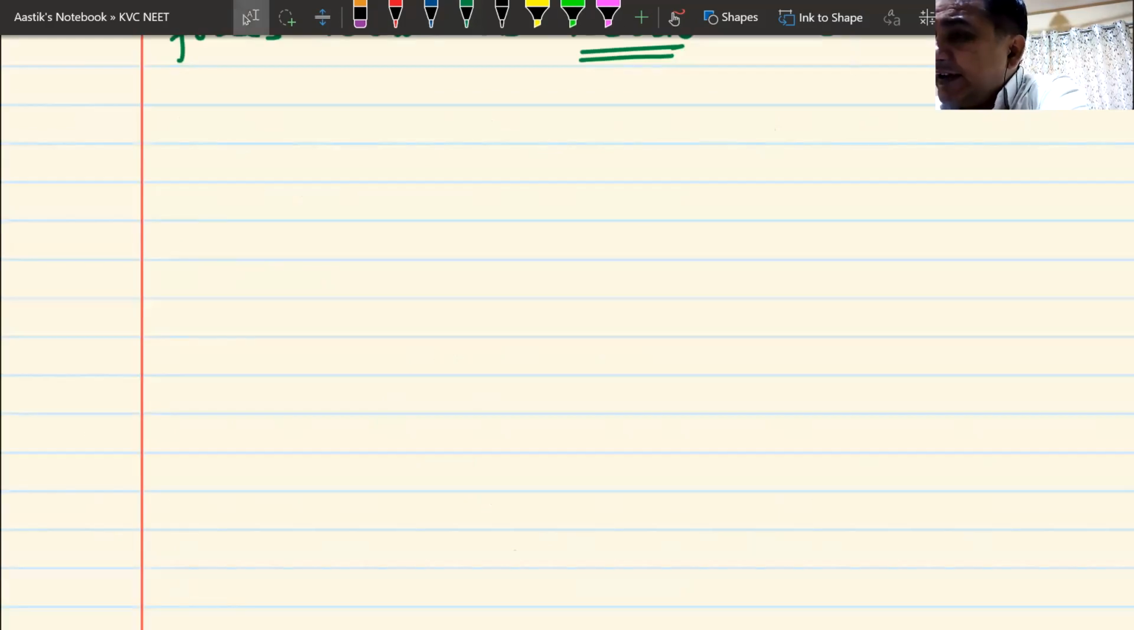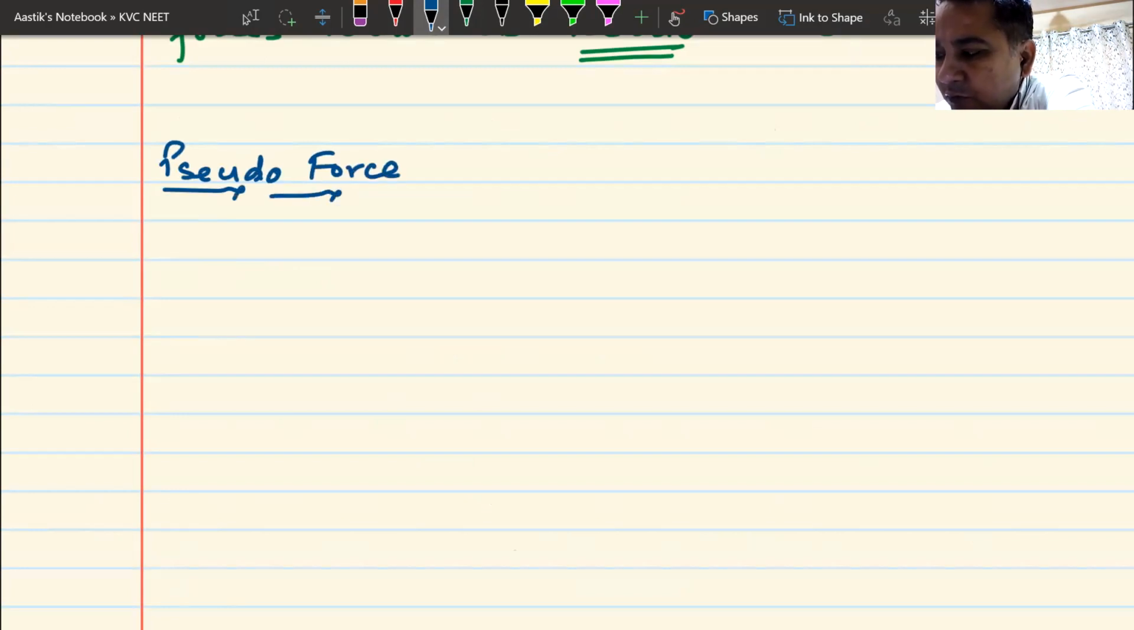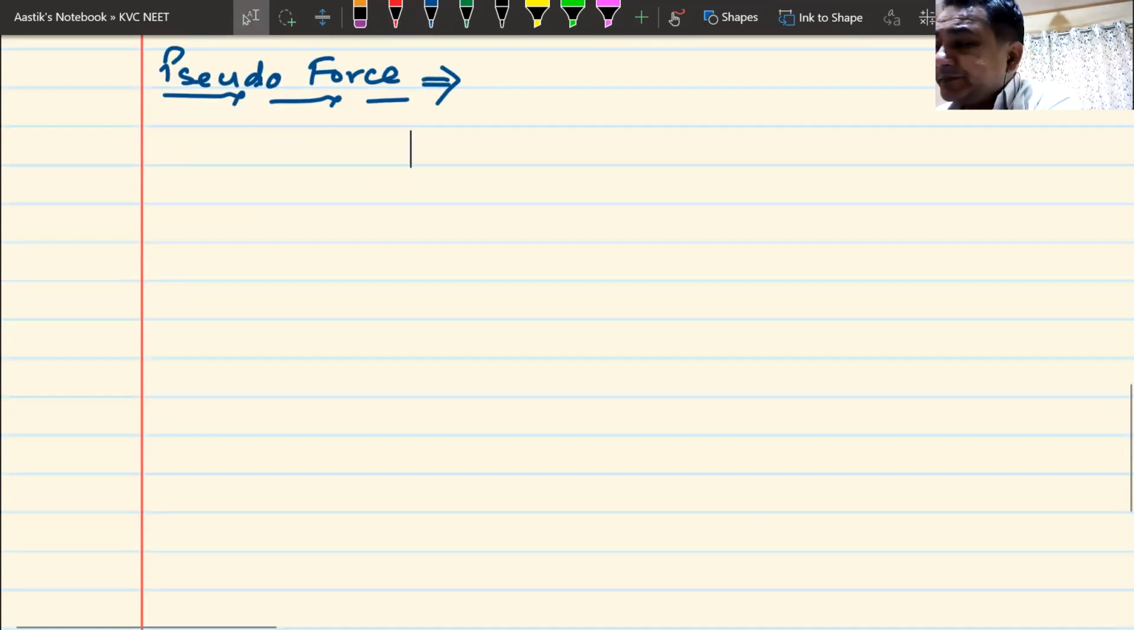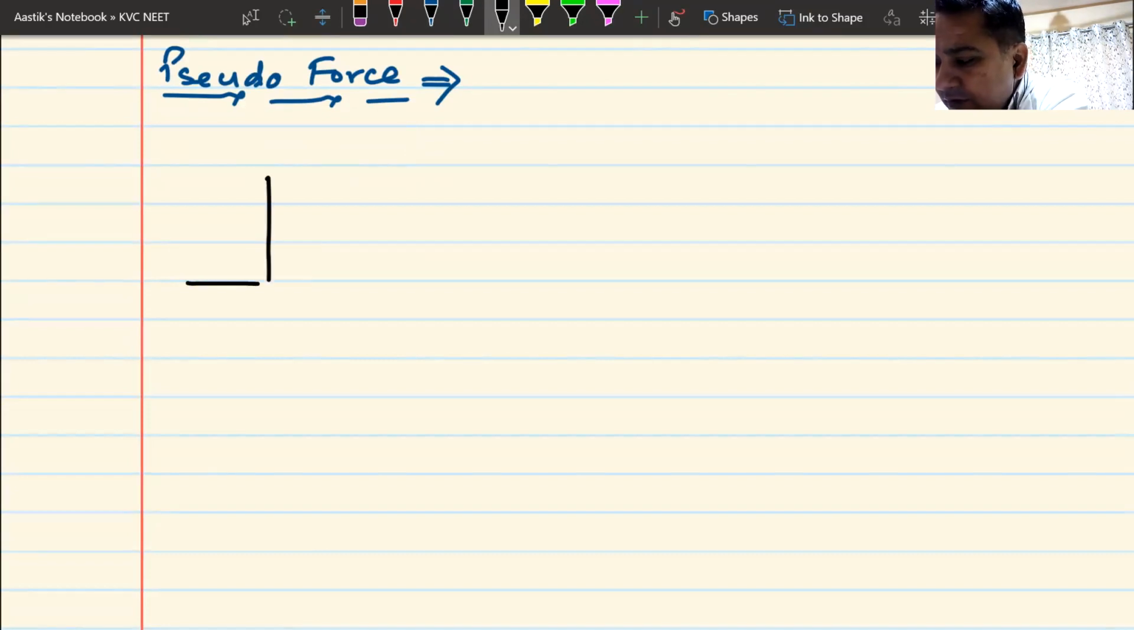So the next heading is pseudo force. What is this pseudo force? Before getting into what this pseudo force is, let us try to understand why this is needed. So let me make a diagram